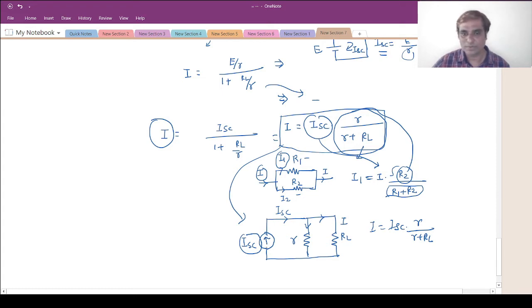Current will be this much, and this R is basically as small, and that will be decided by the battery specifications. Okay. And this will decide the direction of current of the current source. Okay. So with this, now